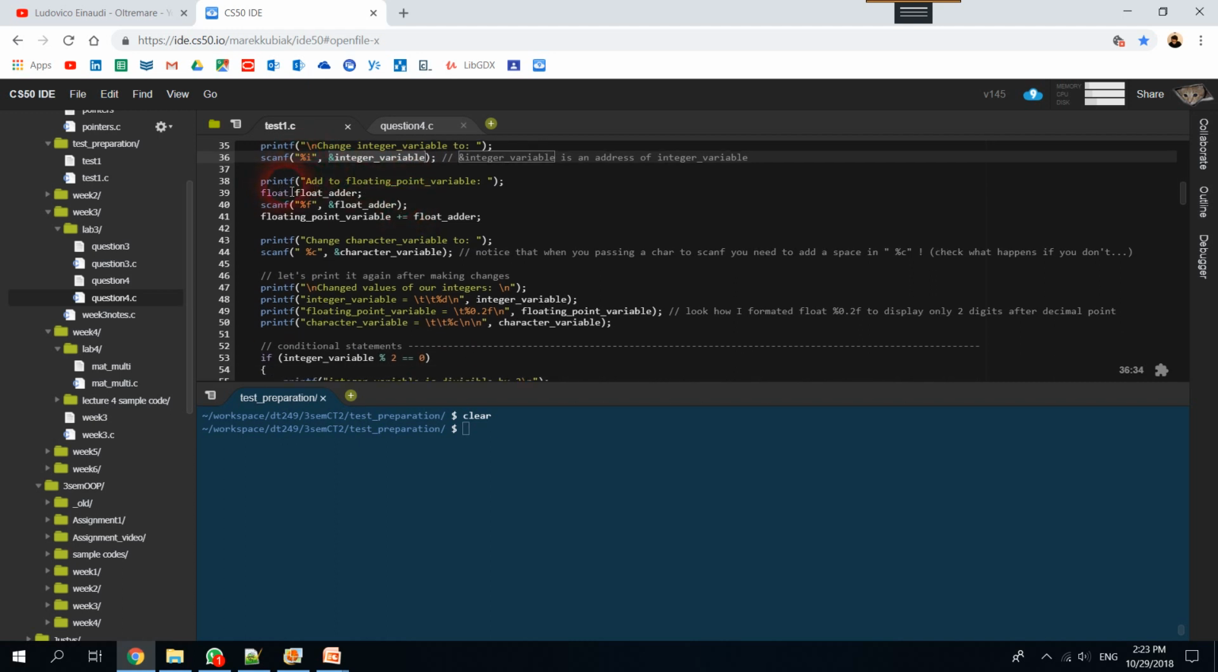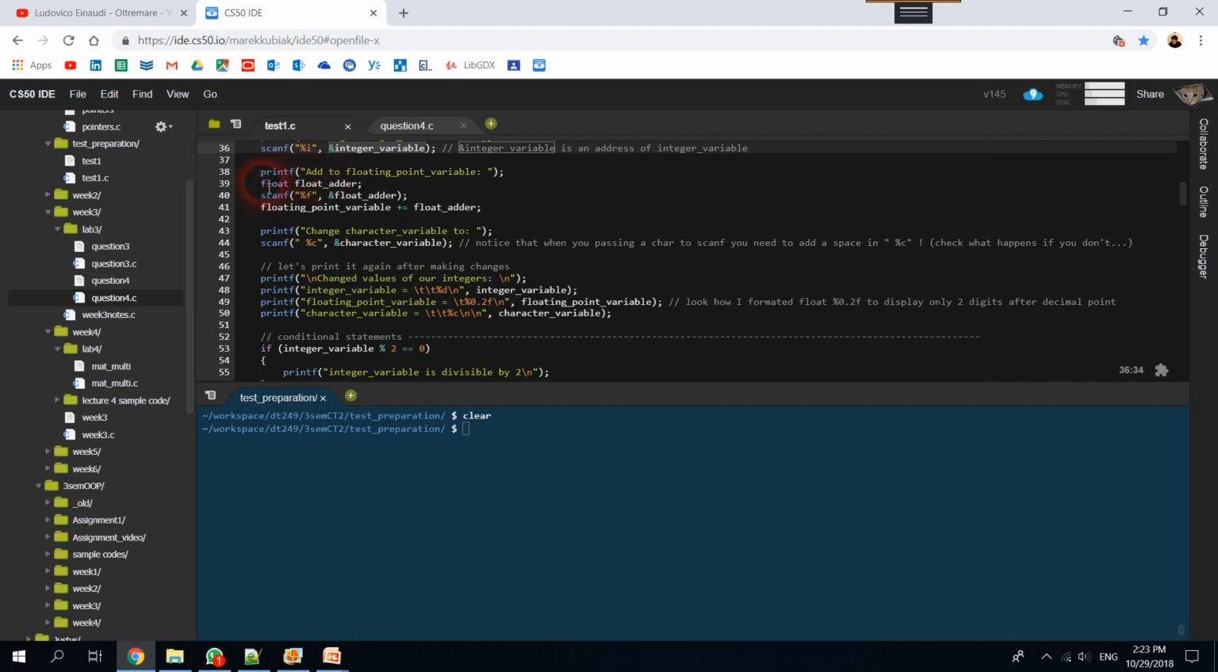Okay, then we go to float. In here I created a new float that I'm going to use for adding. So, please add in here. There's a prompt: add to floating point variable. So we're going to add some number, and then we're going to just add that. In here you can see the plus equals operator, which means we're going to add to the value that is already inside of a floating point variable